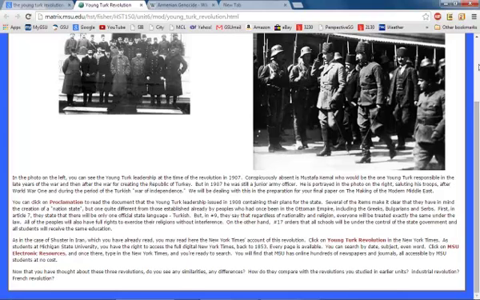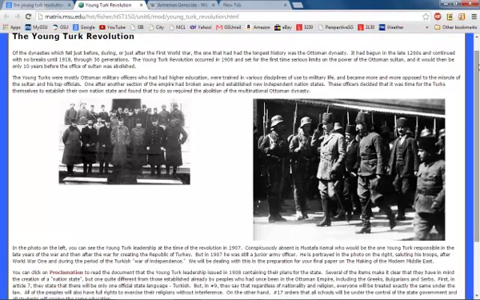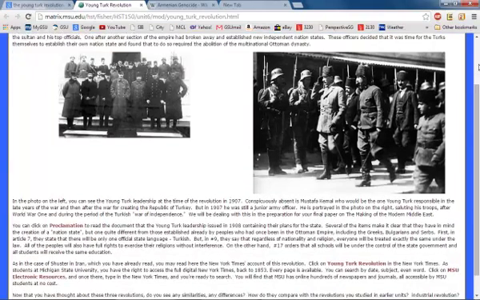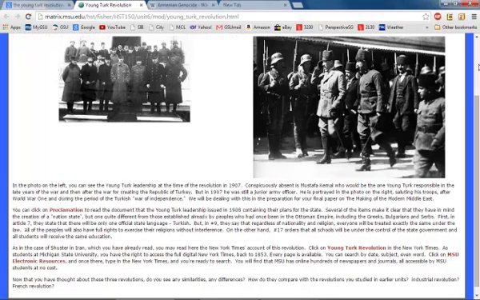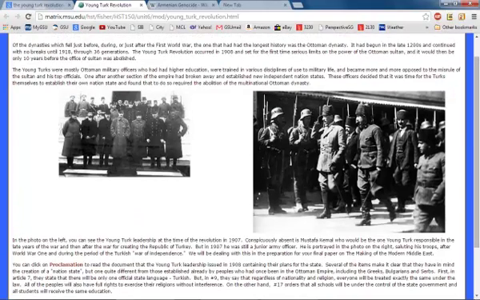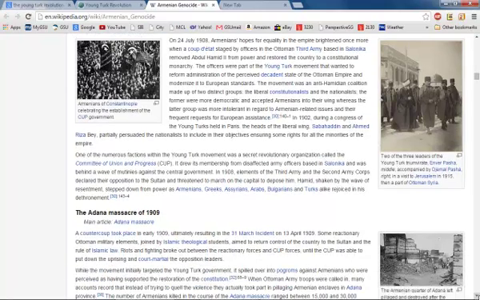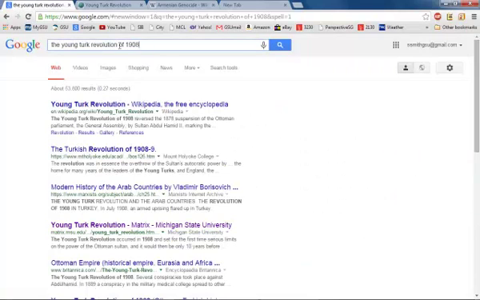So basically, they're military men, who were Ottomans, trying, I guess, to give themselves some type of national pride and stand up for what they believed in. That's basically what I'm getting from this. So I'm going to go back to Wikipedia now. Actually, I'm kind of done with Wikipedia. I'm going to go back to Google and type in